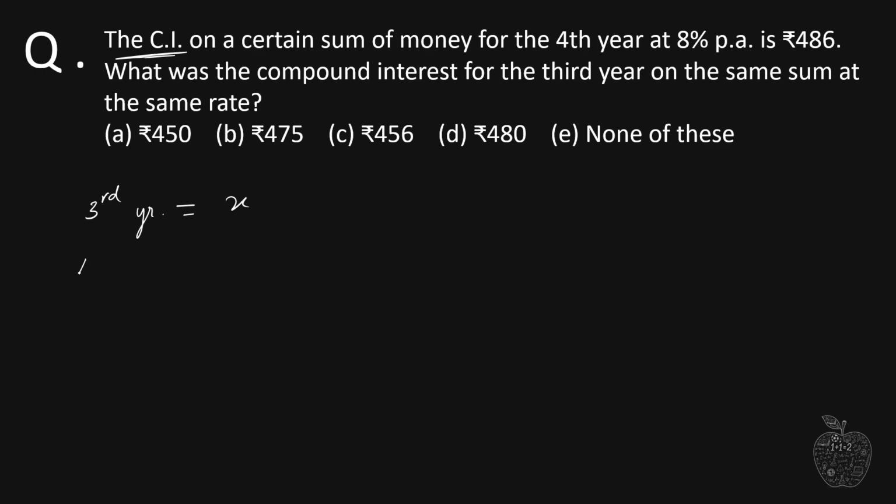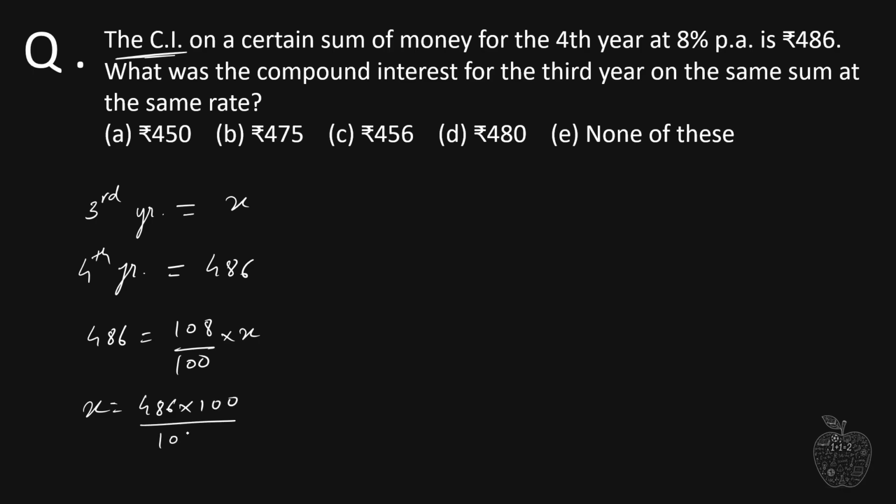The interest for the 4th year is given to us, which is 486, and this 486 is 108% of the previous year's interest, which is x, because of 8% per annum. So we multiply 108 over 100 into x, and we get x equals 486 into 100